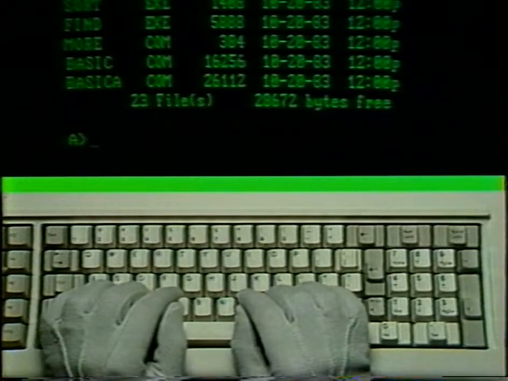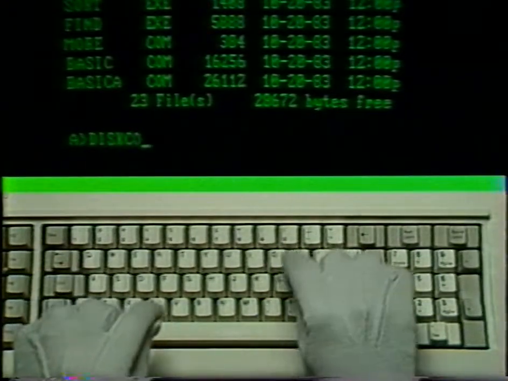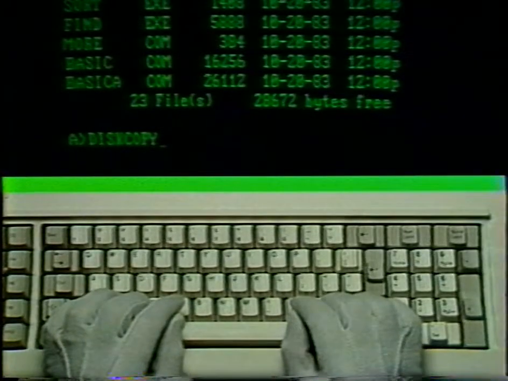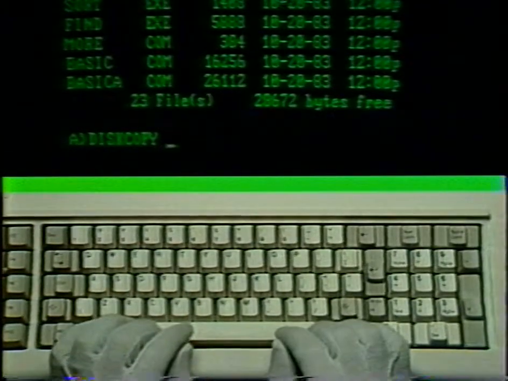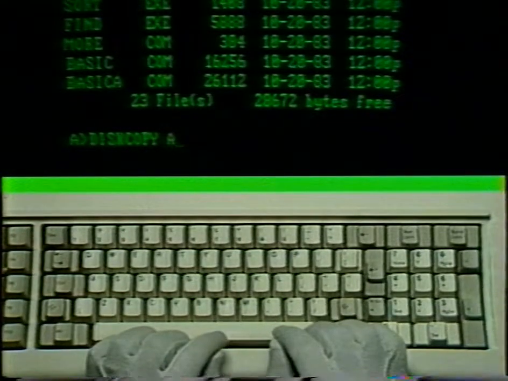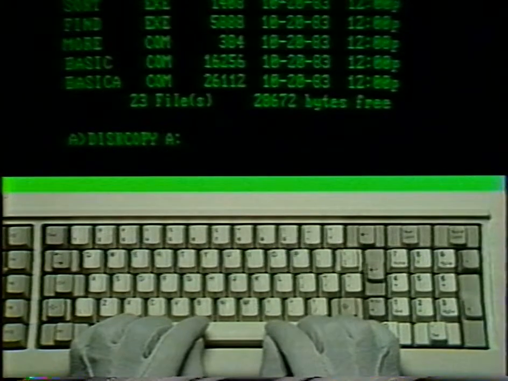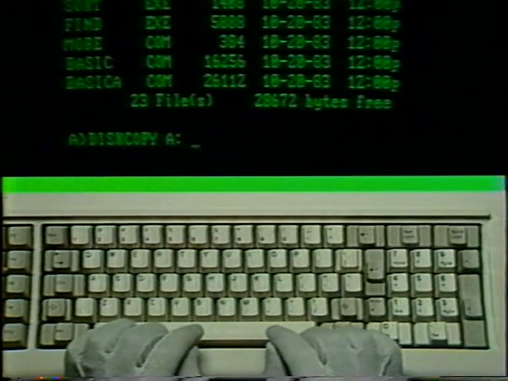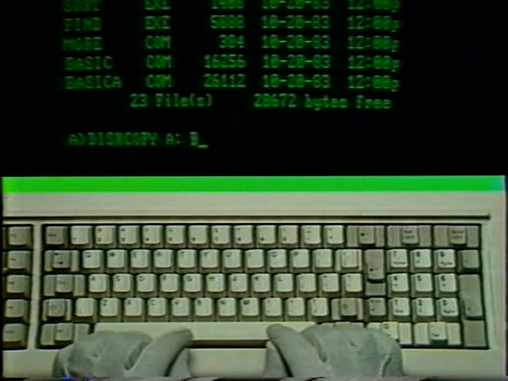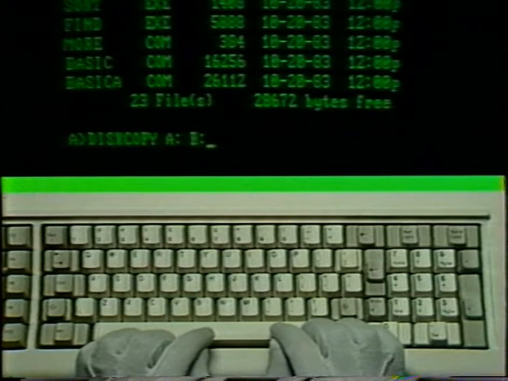Type the word disk copy as one word. Then press the space bar once. Now type the letter A with a colon immediately following it. Now use the space bar again to type another space, and then type the letter B with a colon directly behind it too. Now you press the Enter key,